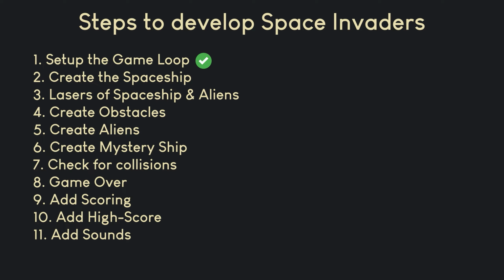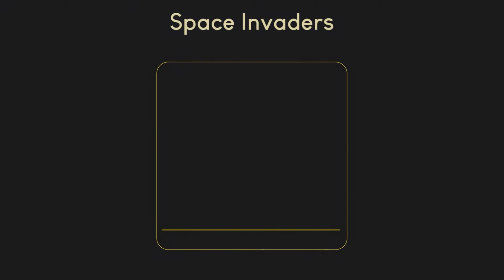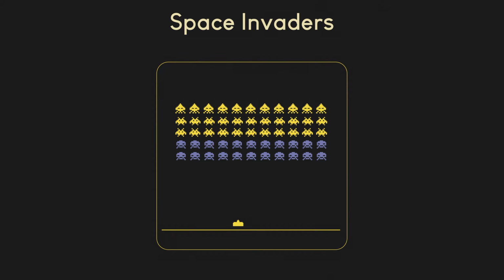To prepare for writing code, it is important to take a step back and think through the game logic thoroughly. In Space Invaders, we have several game items, including a player-controlled spaceship, descending alien invaders, and defensive obstacles. The goal is to protect the spaceship from being destroyed by the alien invaders while shooting them down to earn points. As the game progresses, the aliens descend closer, increasing the challenge.